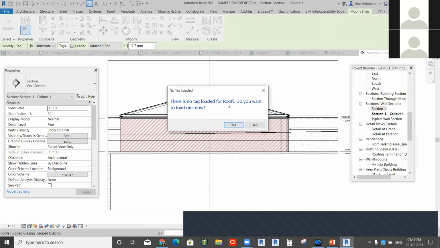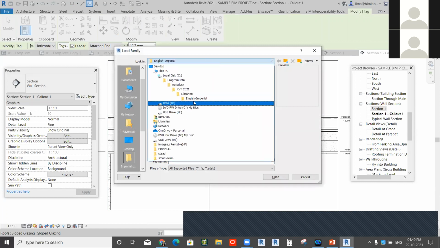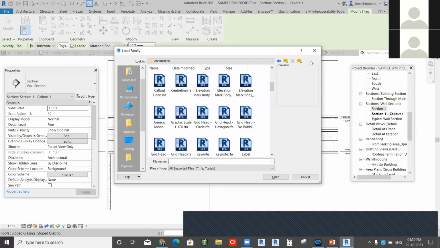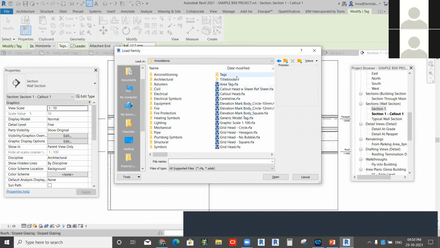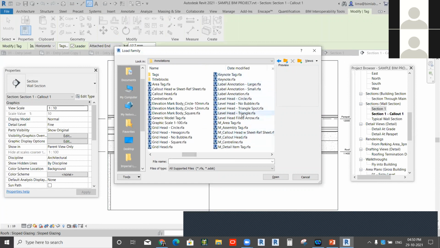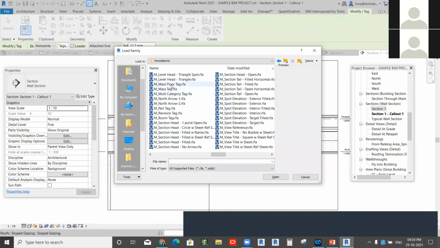There is no tag loaded. That means by default, there is no roof tag. You can load that one. You need to load it from the library, the annotation, any type of annotation.